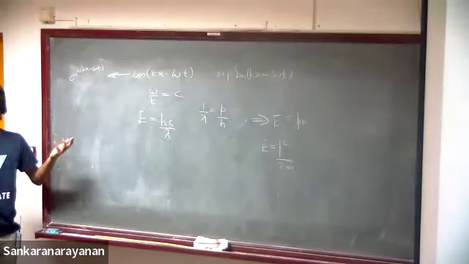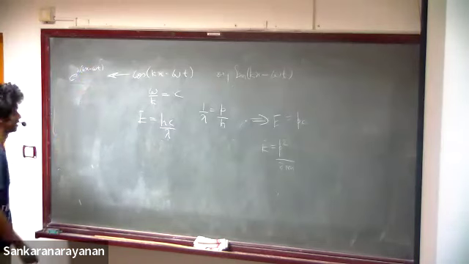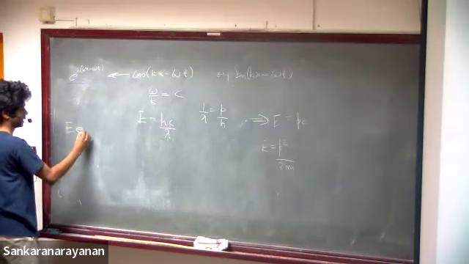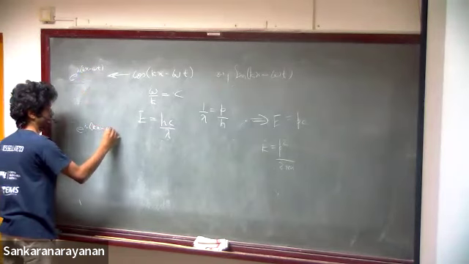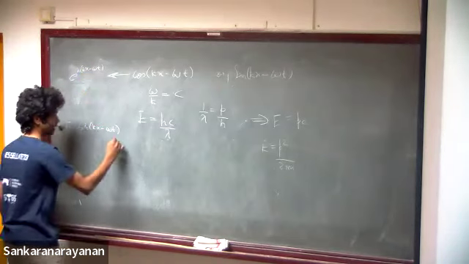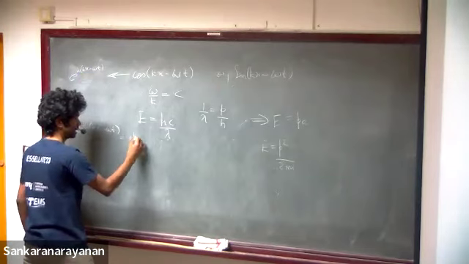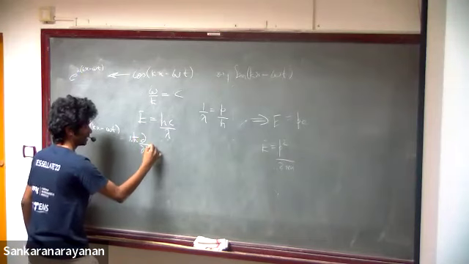Is that fine? And from this, how do you extract the energy? You can see that energy times e to the i(kx minus omega t) is equal to i times h bar partial derivative